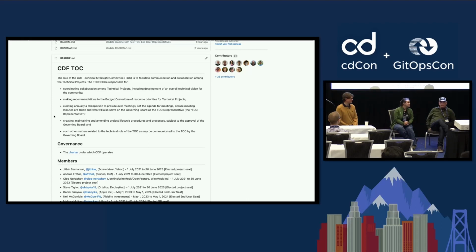One of the things we are constantly doing is looking for new projects that we can bring into the CD Foundation, and sometimes we share projects with the CNCF or the OpenSSF. For example, we have a supply chain working group in the CDF that is crossing over with the working groups from the OpenSSF. I think technically at the TOC level, we have oversight over the working groups as well.